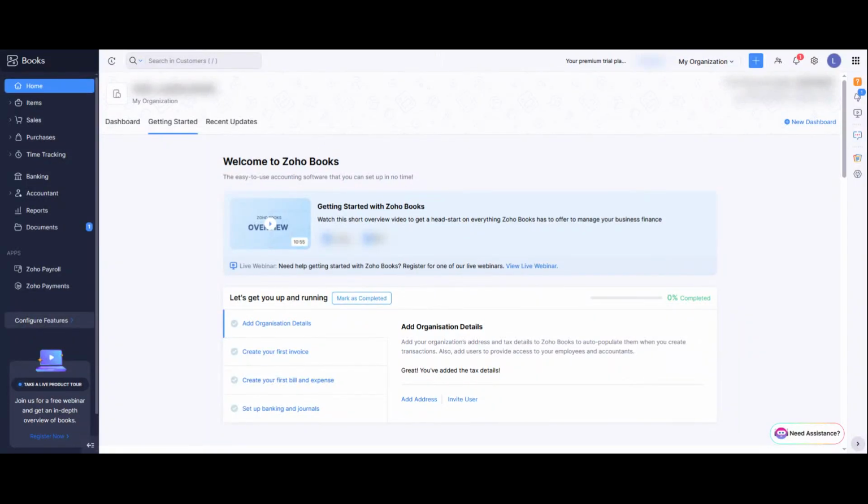In today's video, I am going to walk you through exactly how to edit your transaction number series and set up custom prefixes in Zoho Books. Whether you are aiming to streamline your accounting workflow or need to professionalize your document numbering, this step-by-step guide will save you a lot of headache. By the end of this video, you will know exactly how to configure these settings to fit your business structure